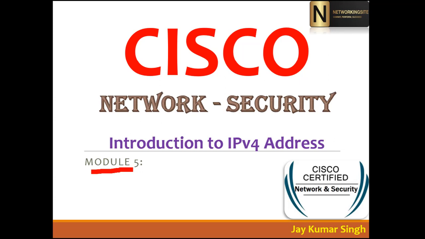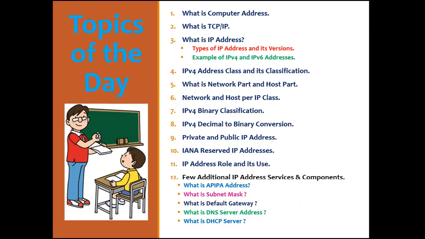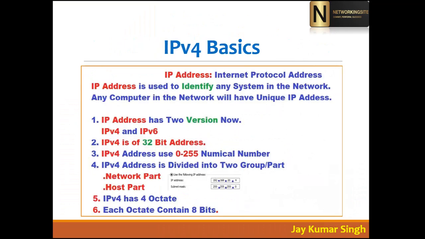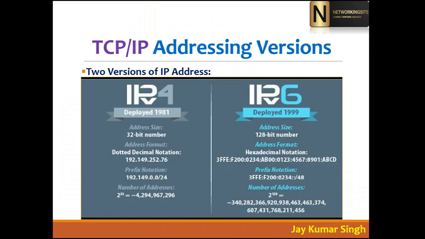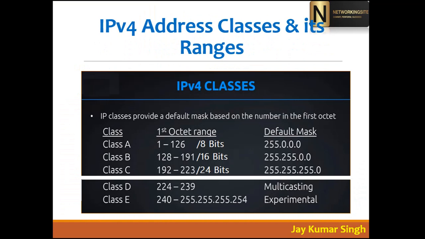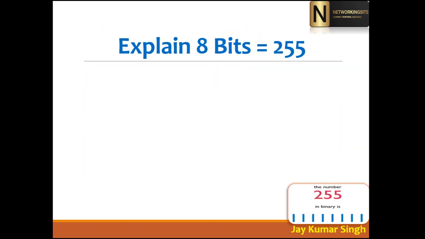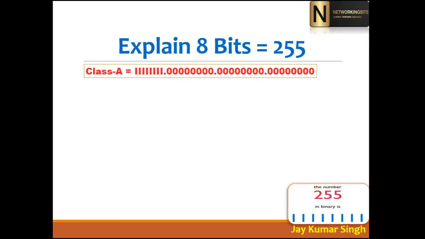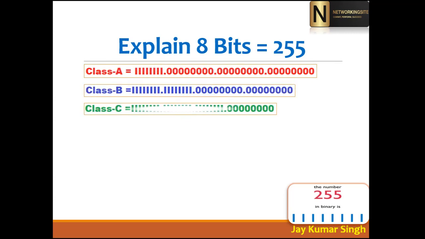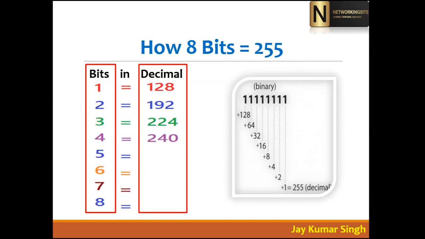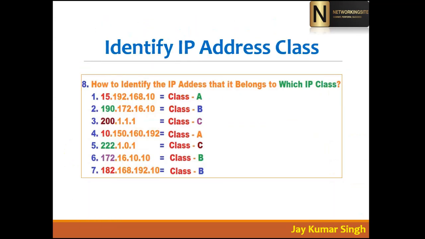If you check the slide, I think we have completed all the basics of IP address, TCP/IP, and the IP class range, where we have 5 classes and the ranges distributed per class. What will be the default subnet mask? How to calculate bits to subnet mask? What will be the value of 1 bit, 2 bits, 3 bits, 4 bits, 5 bits, like that?